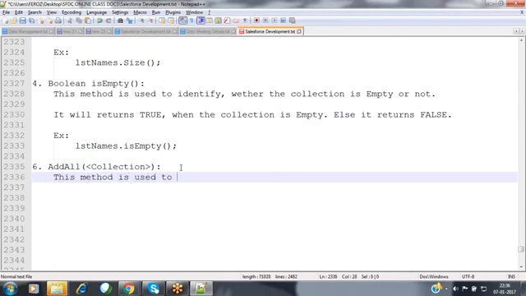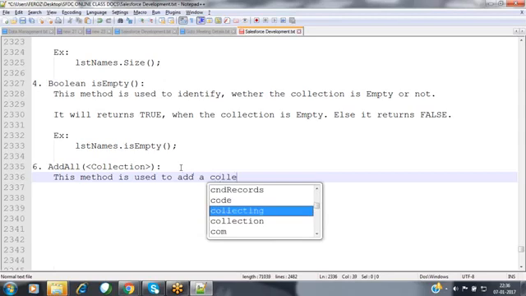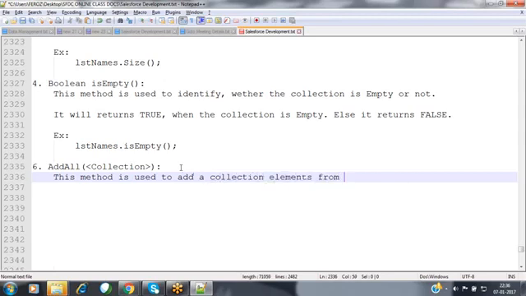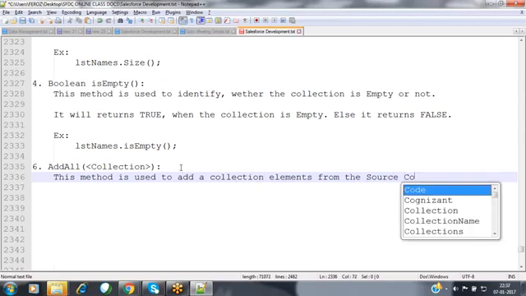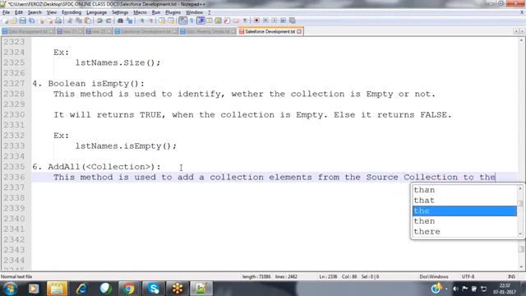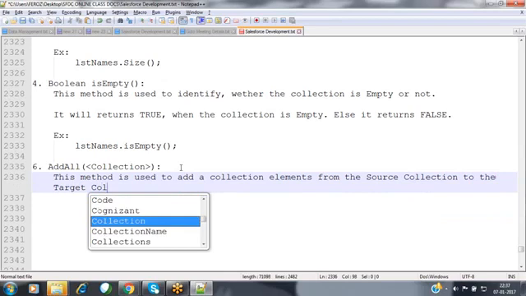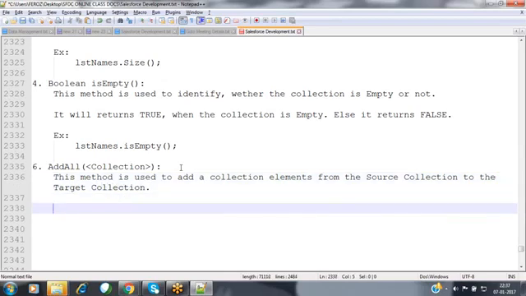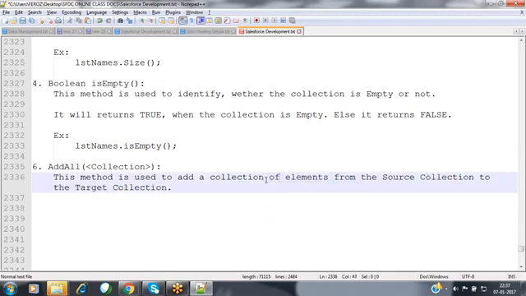This method is used to add a collection of elements, or all the elements, from the source collection to the target collection.